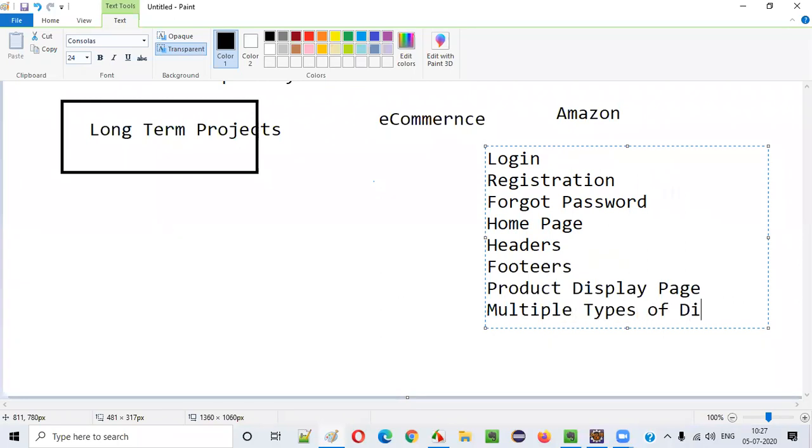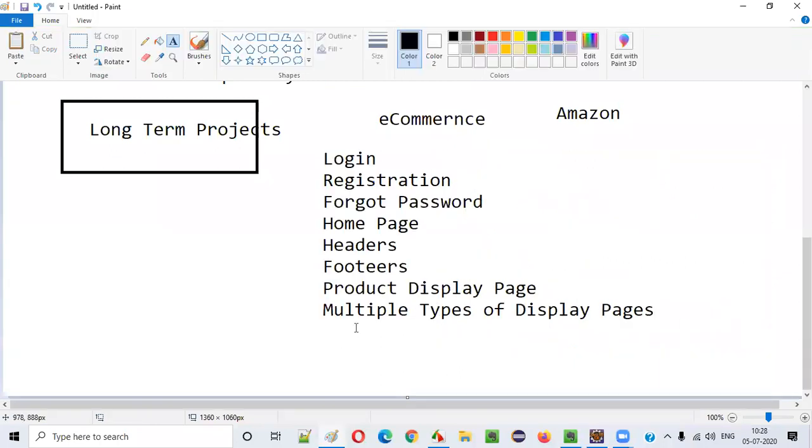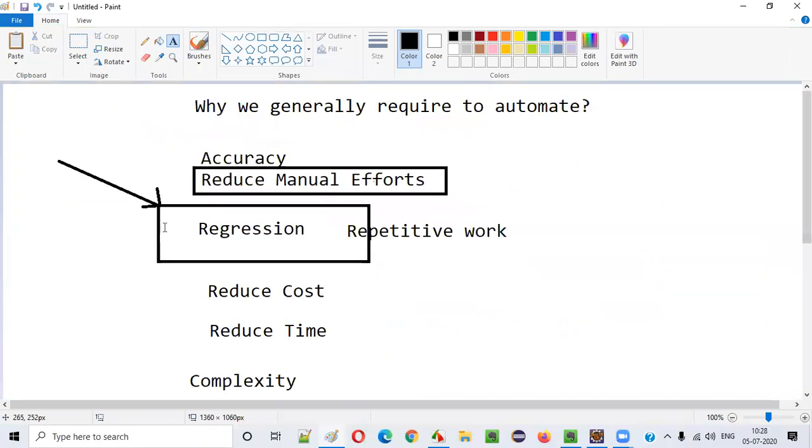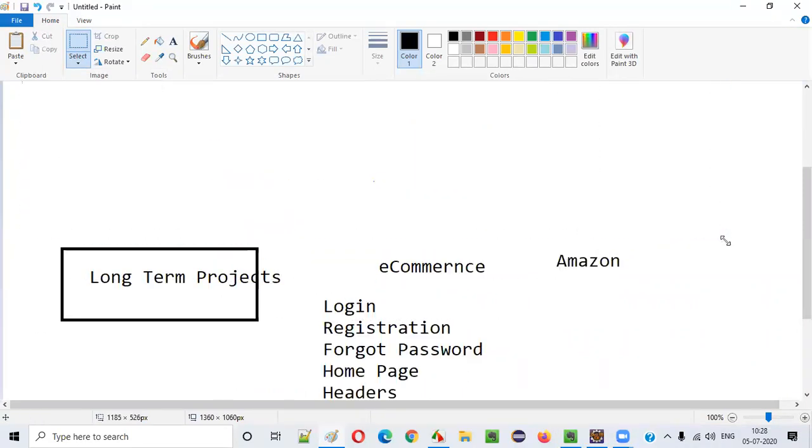So let me just list down something, because it will become more interesting if I write this kind of thing, right? So any more things? You can type in the chat, guys. I also need some inputs from you. Whatever you see in e-commerce, Amazon, right? You can also interact.